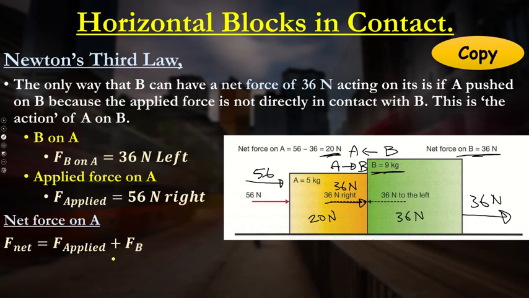Okay, so to calculate the net force of block A, it should be our applied force minus the opposite reaction force from B. So the force of B onto A. So now I've applied 56 newtons of force, and B is applying 36 newtons back onto A, which is 20